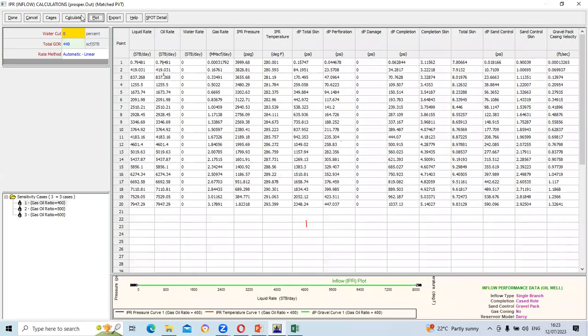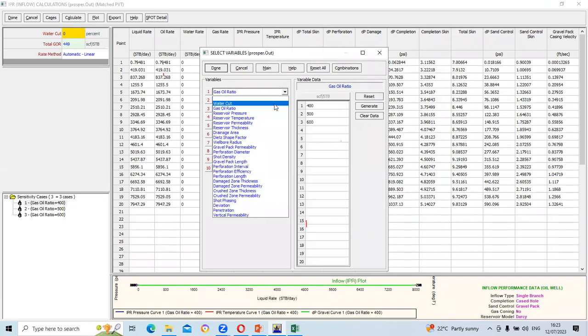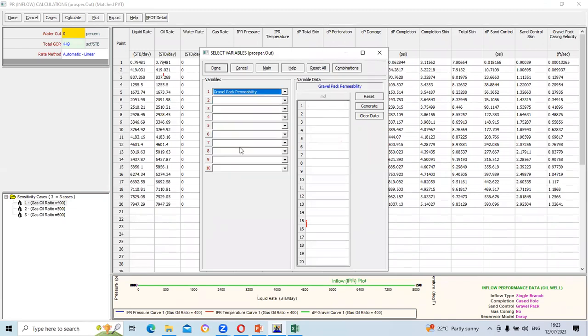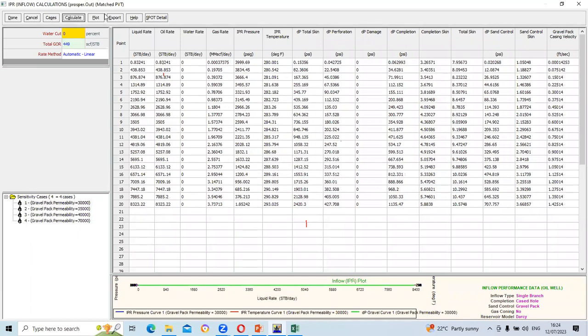So you can decide to do sensitivity analysis for so many properties. There are various things that we have inputted there. You can do sensitivity analysis for anyone you want. You can go to gravel pack permeability. Gravel pack permeability, remember we put it at 35,000. We may have 30,000. We may have 35,000. We may have 40,000. And then we may also have, let's say 70,000. Why not? So we take done. And then we calculate. And then we plot